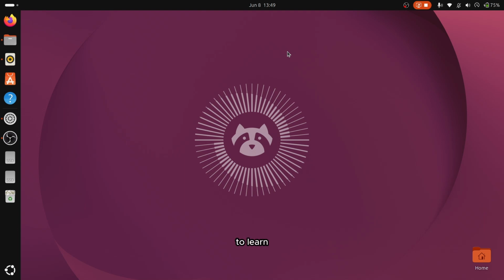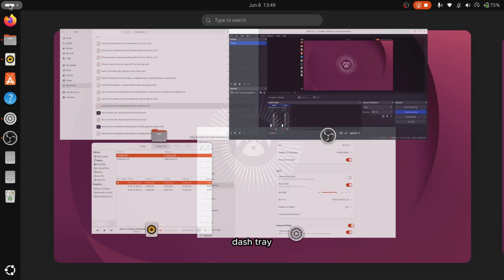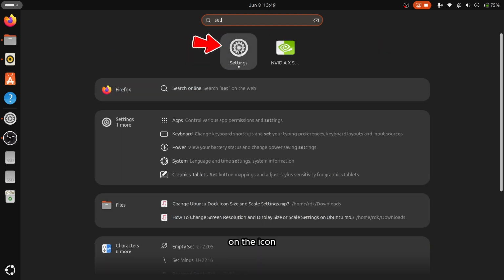Hey everybody, today we're going to learn how to enable and disable dark mode on Ubuntu. Bright layouts cause intense eye strain, but toggling the global theme style instantly protects your vision and alters your entire desktop appearance. First, open your application dash tray, search for Settings, and click directly on the icon to launch the